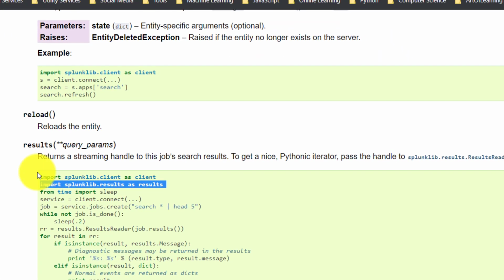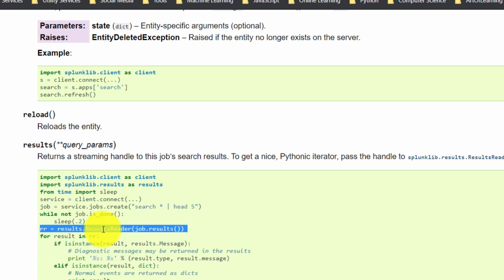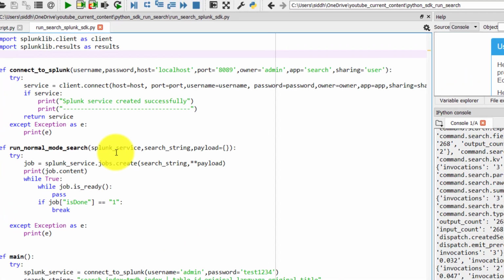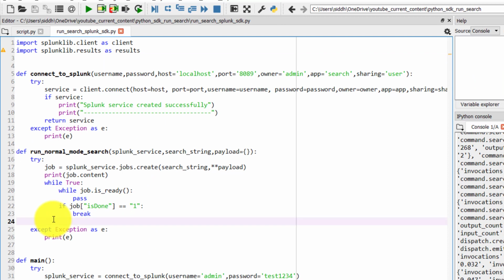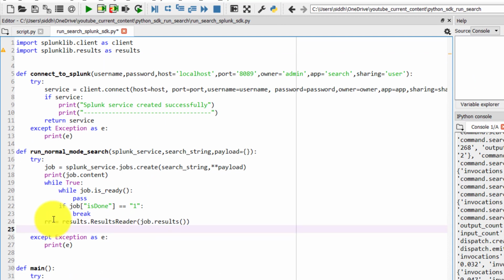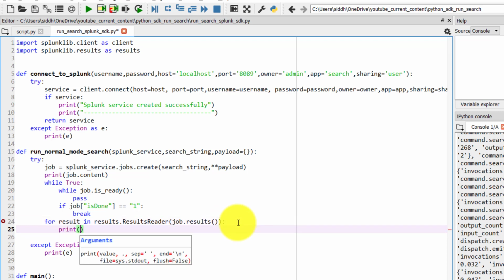Then we will do something like this, job.results, when the job has finished: results.ResultReader with job.results. We can even loop through it right here, for result in this, because this is nothing but a Python iterator, and we can just print the result.